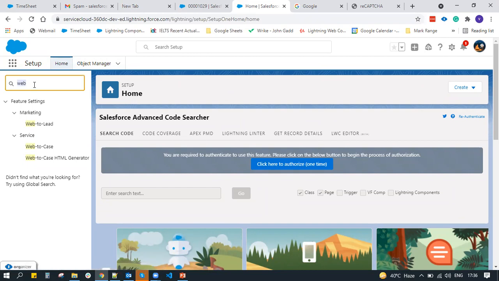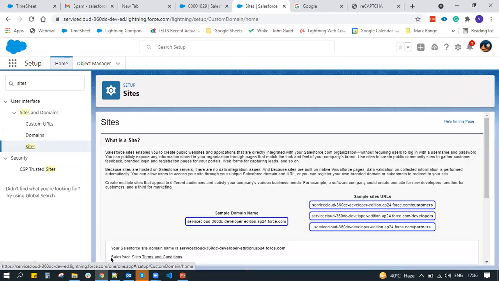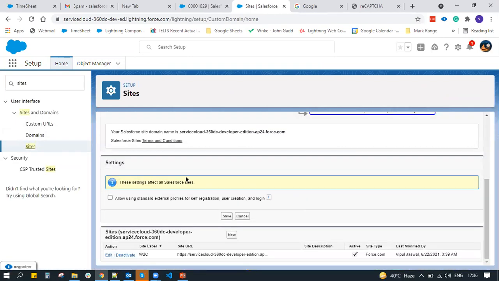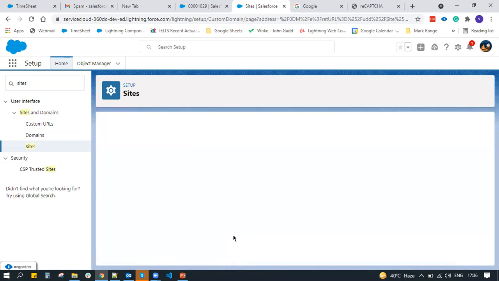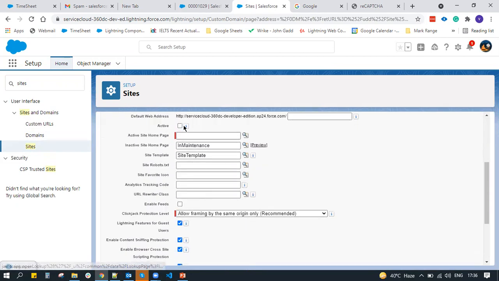So for creating that, go to Sites in Salesforce setup. And here you can see I have a site right now. Or if you do not have one, you just have to click on new, give the site name, label, site contact, and make it active.